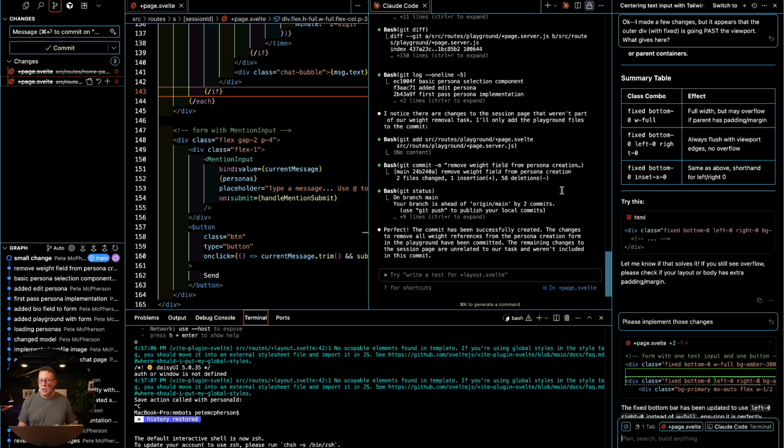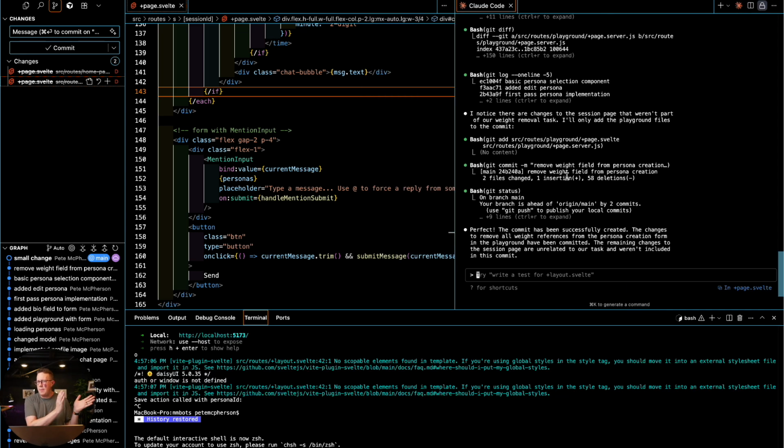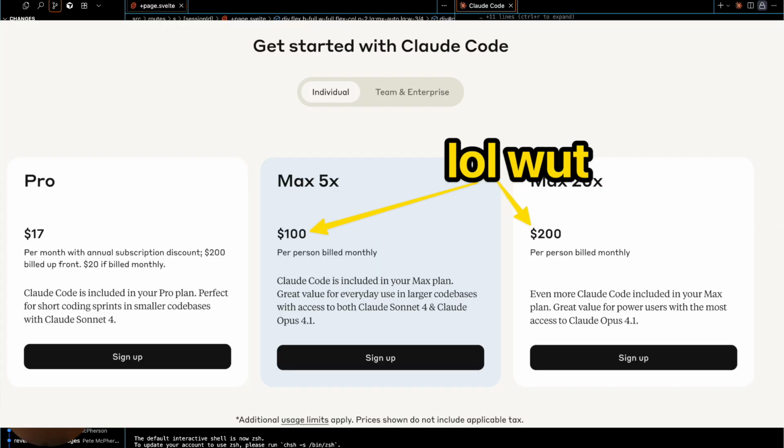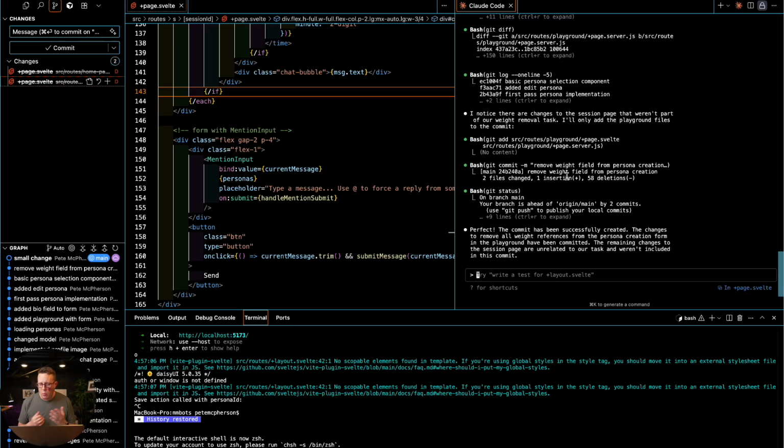So number 2, Claude Code, which I also pay for. It's not free, by the way, but I pay for the $17 plan. I don't do the $100 a month, $200 a month stuff. I don't miss those super premium models. I think this does just fine. So, do you need both? Cursor and Claude Code? Absolutely not. No, you don't. You really don't. I'm using both because I'm a nerd and I'm trying to test these things out, but you really don't need it. So what is Claude Code?